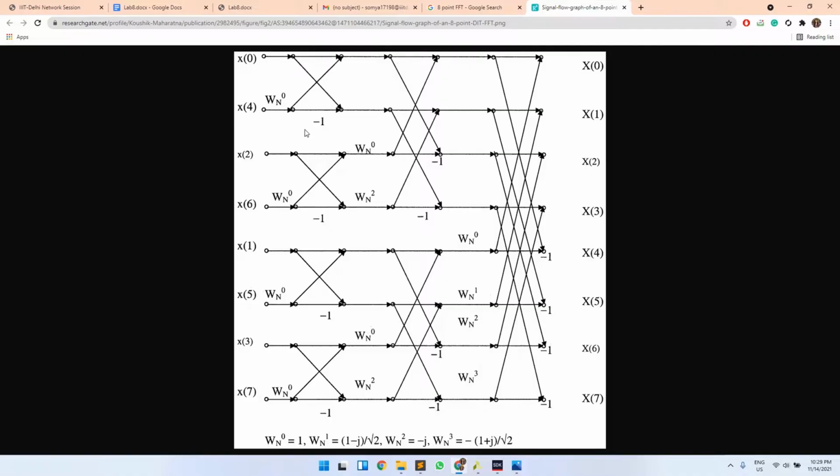After that, your FFT goes through a certain number of stages. For an n-point FFT, you will have log base 2 of n stages. So in case of an 8-point FFT, you will have 3 different stages. In every stage, you will see this type of crisscross implementation, which is termed a butterfly operation. Every crisscross is a single butterfly operation.